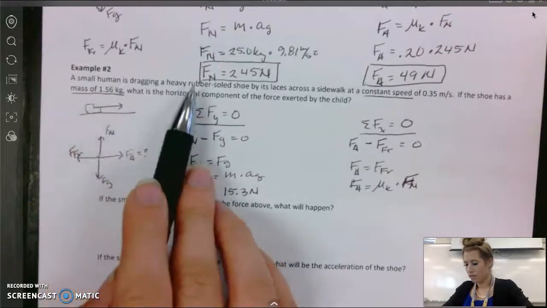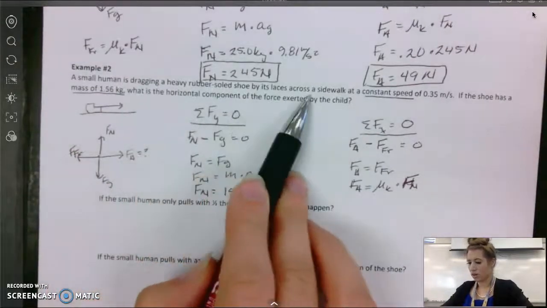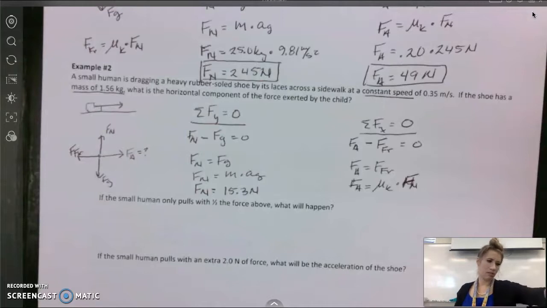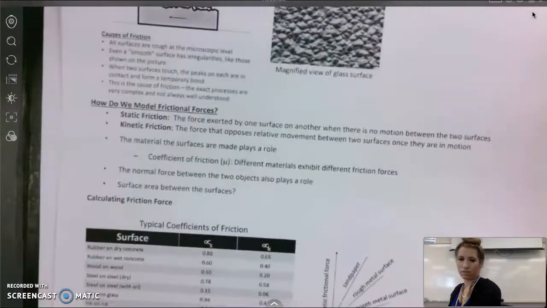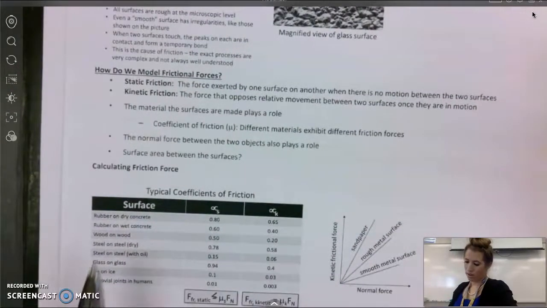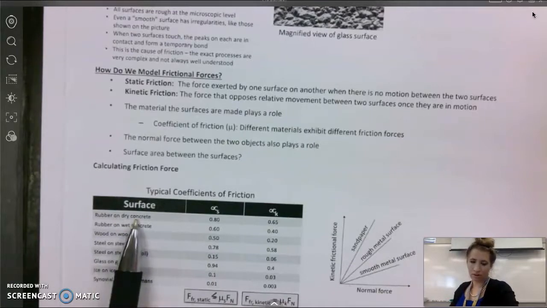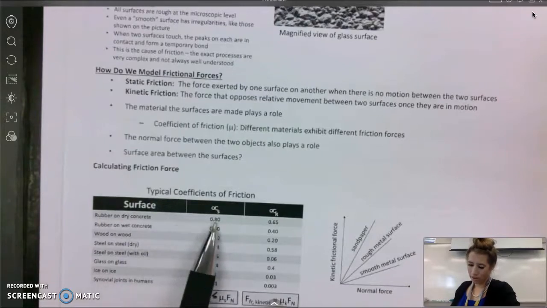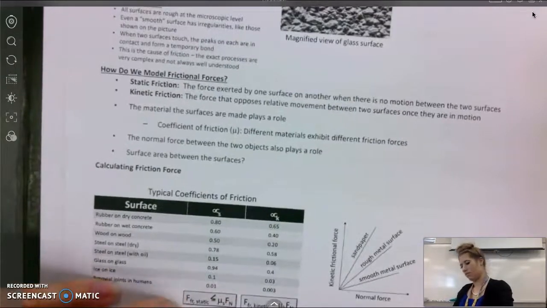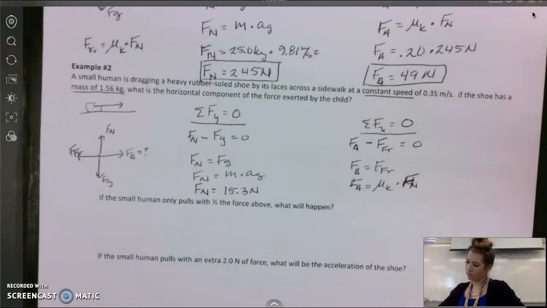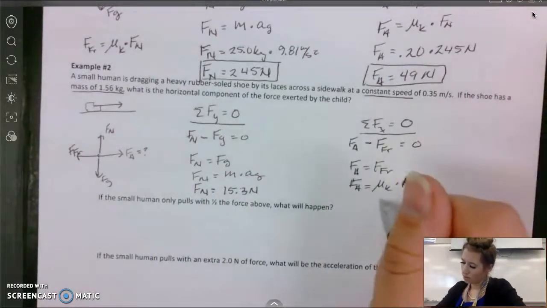Well, this is a heavy rubber-soled shoe across a sidewalk. If you look at page 68, we have rubber on dry concrete. We're going to just assume it's dry, since it doesn't talk about it raining or anything. The coefficient of static friction is 0.8. The coefficient of kinetic friction is 0.65. So 0.65